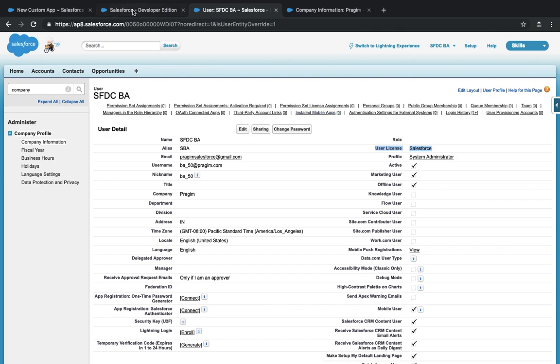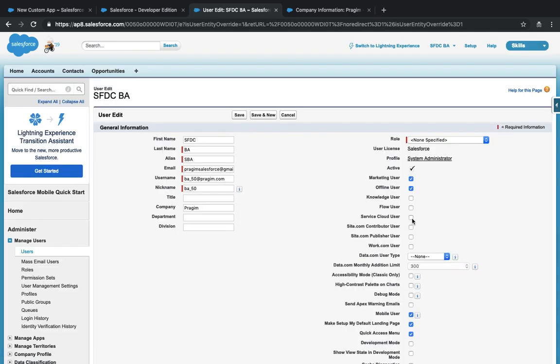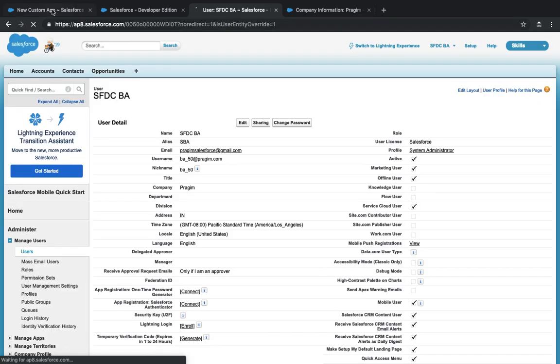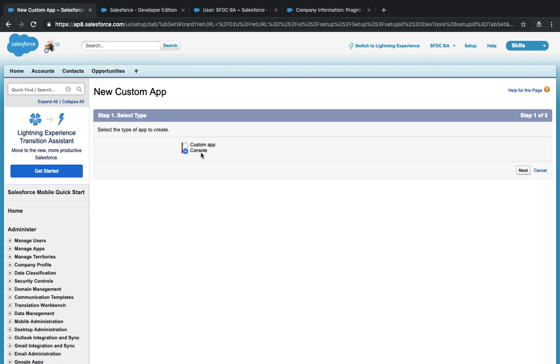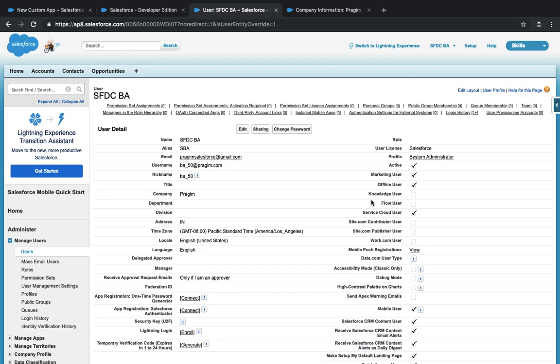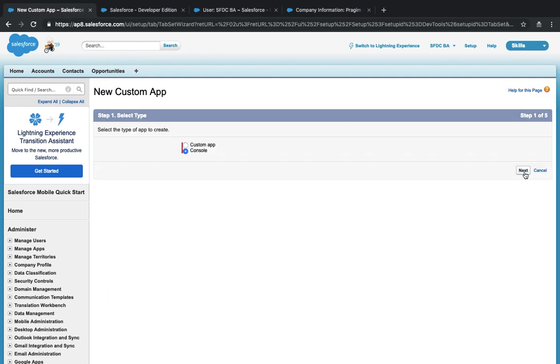Let's say because I am not getting this option, as I'm not a Service Cloud user. Now I'm enabling myself as a Service Cloud user. Okay? I'm going back, clicking cancel, and trying to create a new one. Now it will ask. You can only get the console application option whenever you have a user license called Service Cloud User. What is that license called? Service Cloud User. And then next,